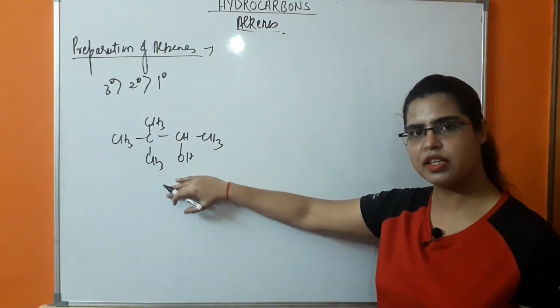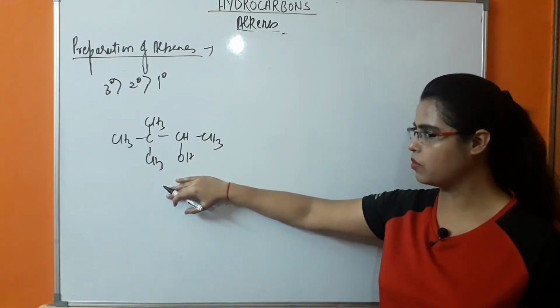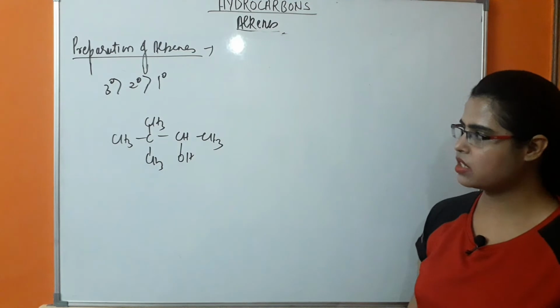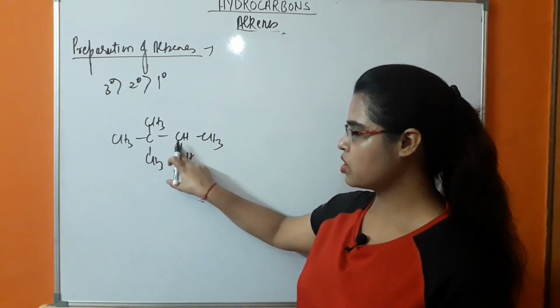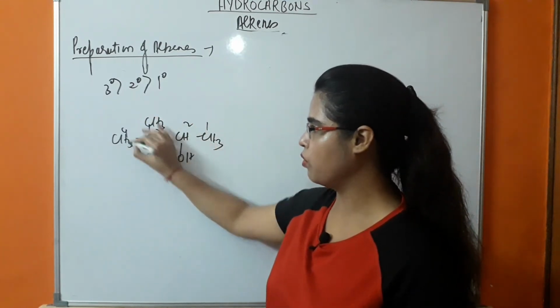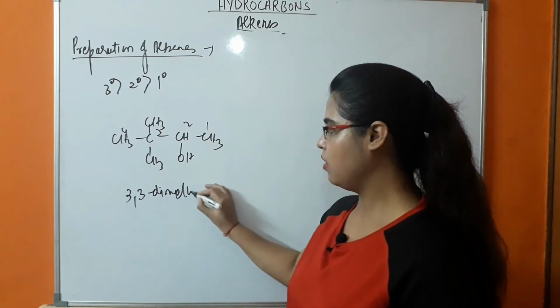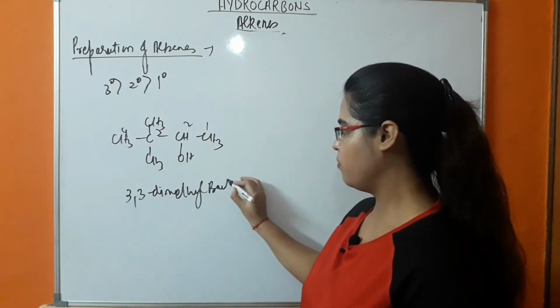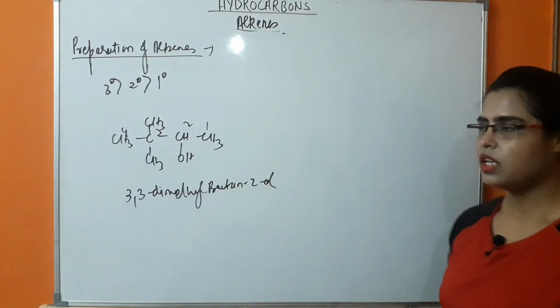This is the second example. In this, a 1,2-methyl shift will take place because of the less stability of carbocation. So what will happen in this case? In this case the OH group is present at this position. What will be the name of this molecule? 1, 2, 3, 4. It means 3,3-dimethyl butan-2-ol. Okay, so this will be the example.